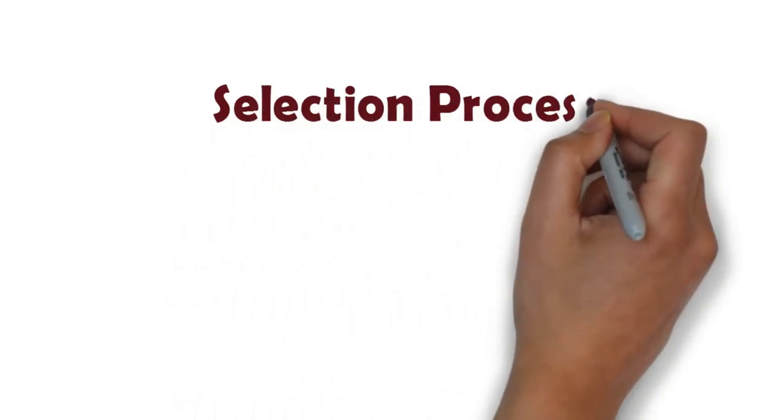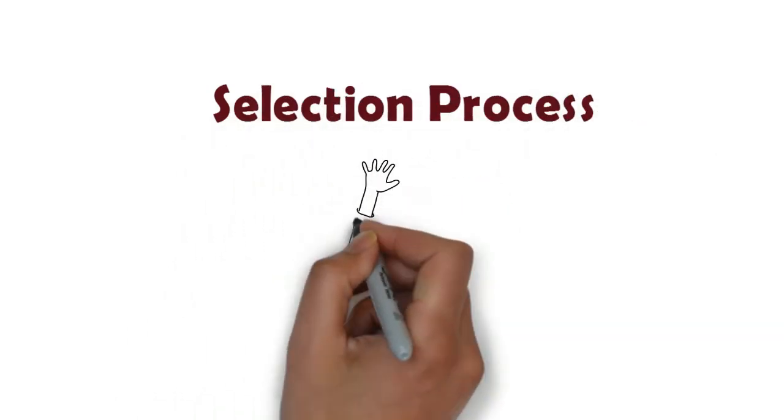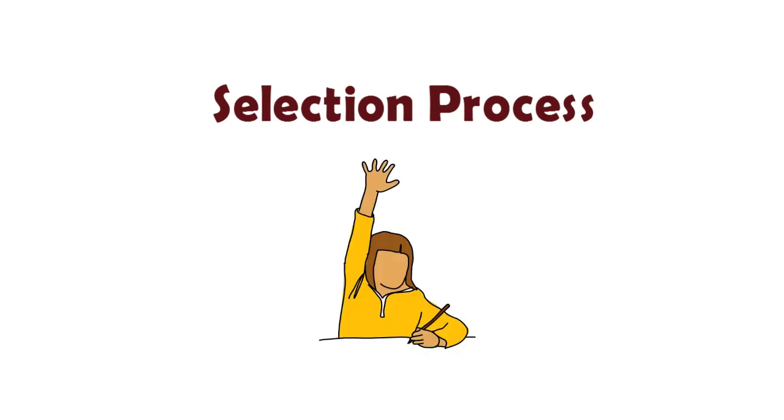Let's see the selection process for this exam. The selection of candidates for the post of medical officer will be done on the basis of marks secured in MBBS and their performance in the interview. Based on the cumulative marks of academics and performance in the interview, the merit list will be drawn. Based on that, candidates will be selected for appointment as per their performance and rank position in the merit list.